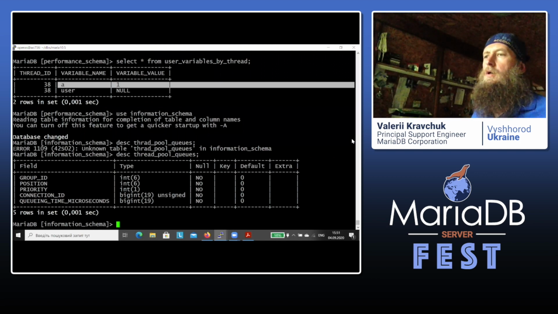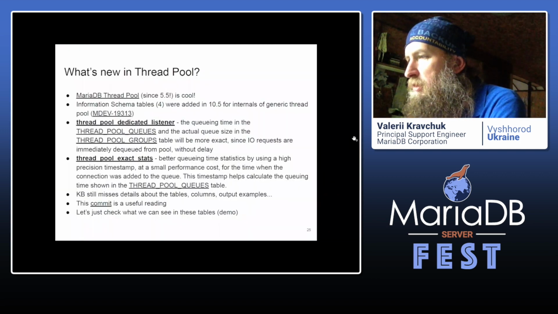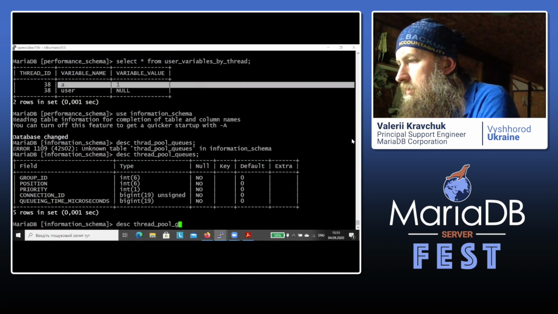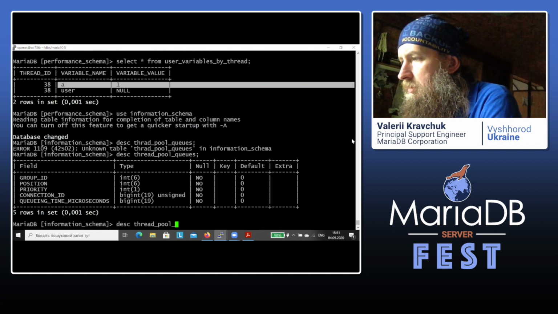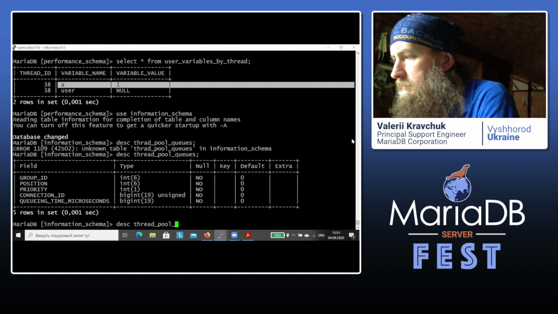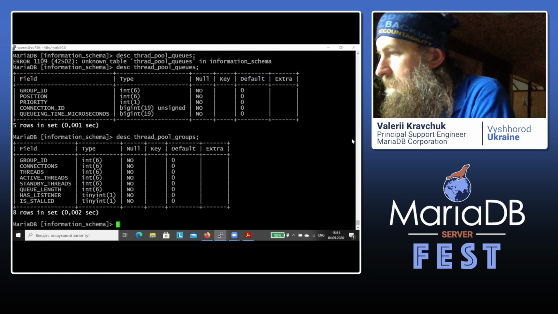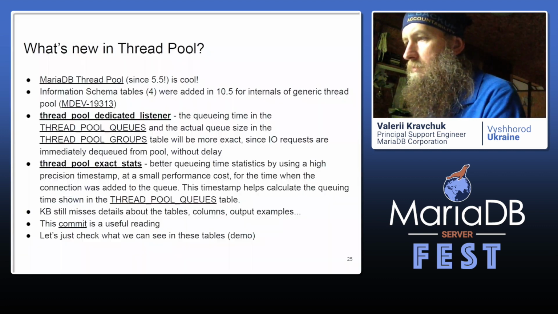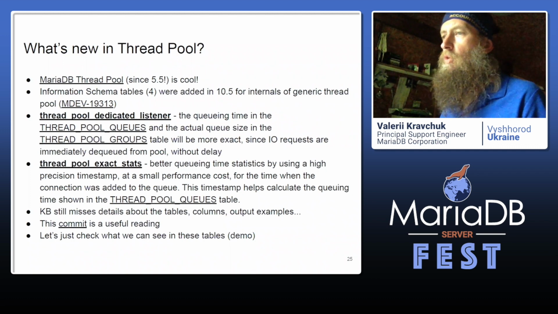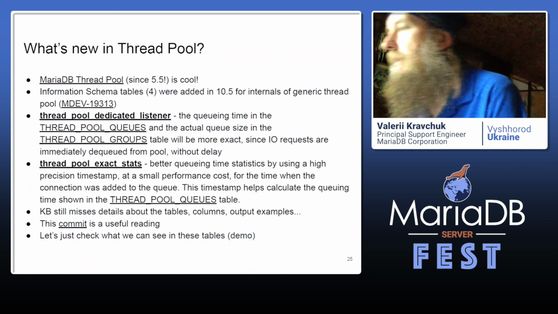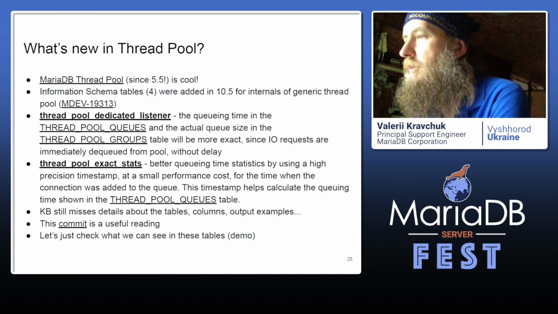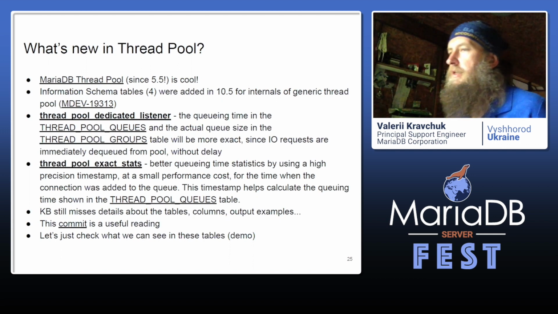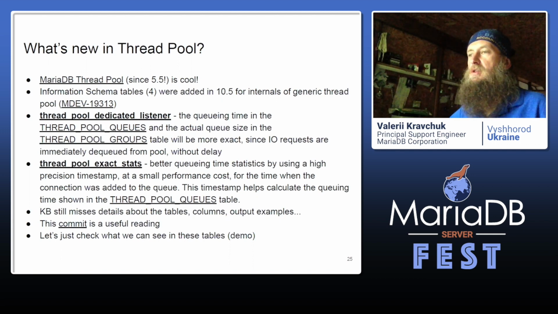So that's it. We have thread pool queues, we have thread pool groups. Moreover, well, I had not personally used it in real life yet, so I'm a bit slow trying to understand and explain at the same time what it is about.